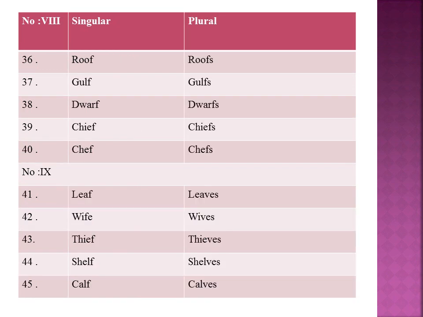Mostly the nouns ending with F or FE will take VES for their plural form. Some examples are listed under rule number 9. Leaf, leaves, wife, wives, etc. But there are some exception cases too. We add only S to form the plural. For example, roof is roofs, proof, proofs, chef, chefs. Refer to a dictionary, list out some more words and learn to make their plural form.